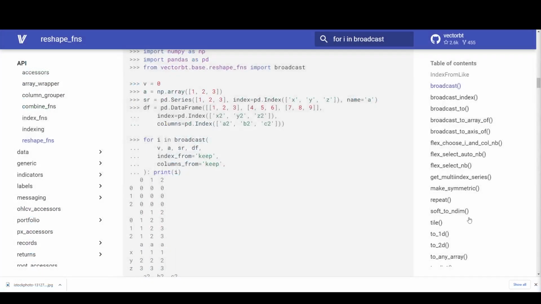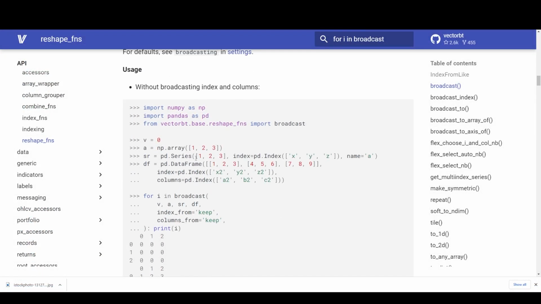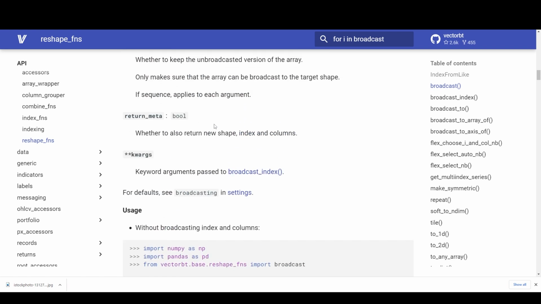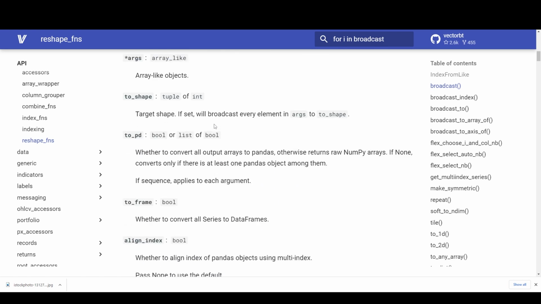I guess I have to look at this. V equals 0, A equals this, SR equals PD series with the index, DF equals data frame with an index and a columns. What does this mean?